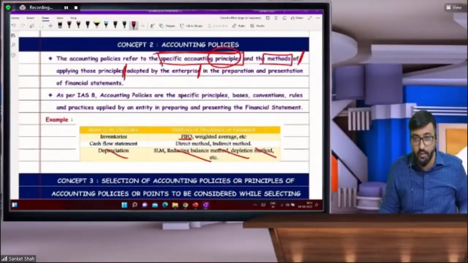ओके ओके ओके, सॉरी, यस, हाँ हाँ ठीक है, वापस रिपीट करता हूँ।